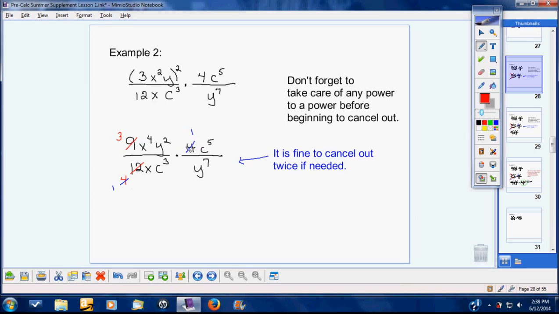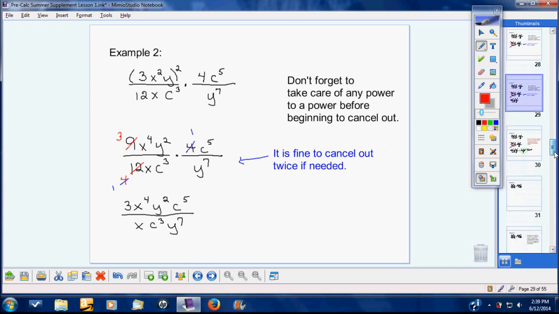So if we didn't have this other 4 to take a look at, we would just have 3 over 4. But it is okay to then look at what you have left and see if there's another way to cancel it. So 4 and 4 cancel out to 1 and 1. So we're left with just a 3 there. 3, x to the 4th, y to the 2nd, c to the 5th, over x, c to the 3rd, y to the 7th. But of course you know it's not done at that point, because then you need to